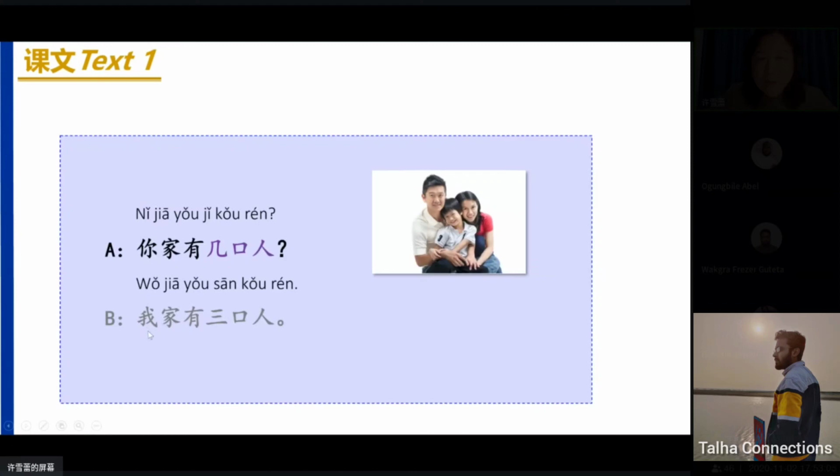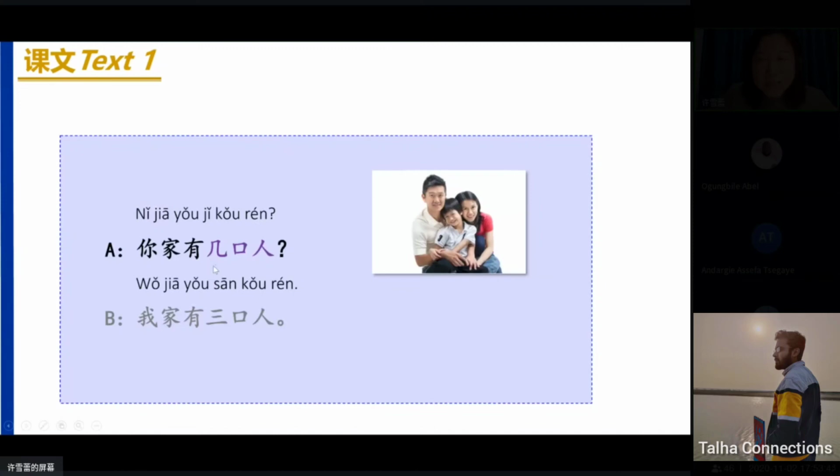According to the picture, 我家有3口人。我家 my family, 有 to have or there are, 3口人, 3 people. So there are 3 people in my family. My family has 3 members. Right. 我家有三口人。